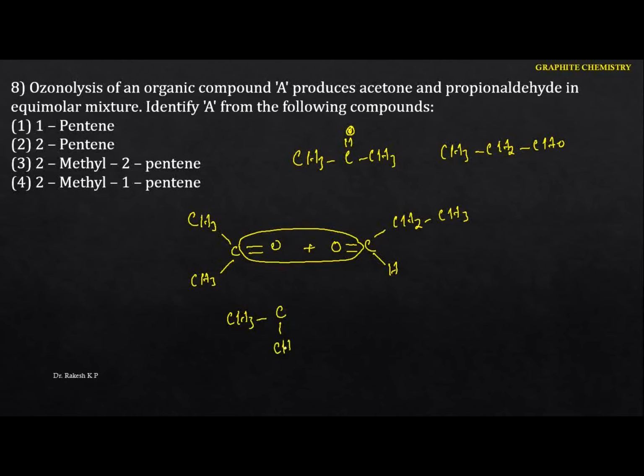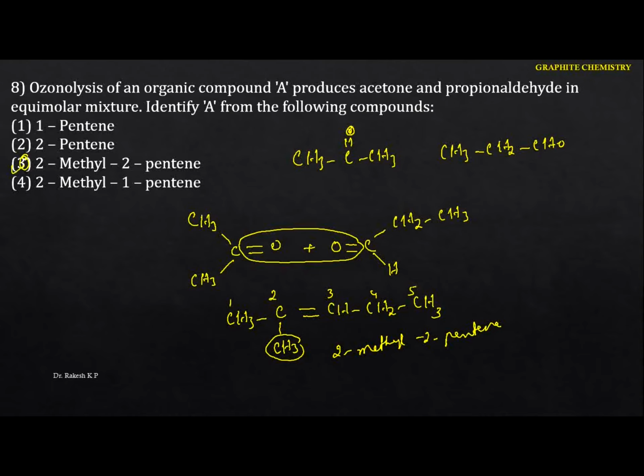So this is the CH3, and now I put the double bond here. What is remaining? The CH, and the next is CH2, that is the CH3. Now I have to identify what exactly the alkene is. Let me number it so the double bond gets the least number. In the second position you have a methyl, so it is 2-methyl-2-pentene. The name of this alkene is 2-methyl-2-pentene. Hence, in this case the option is the third one.